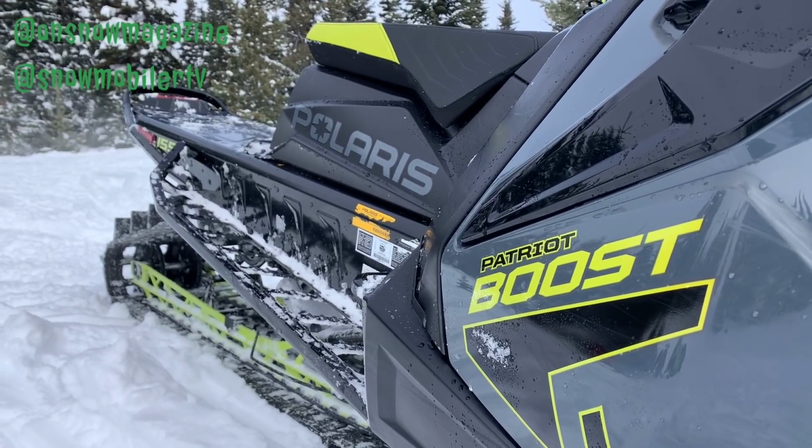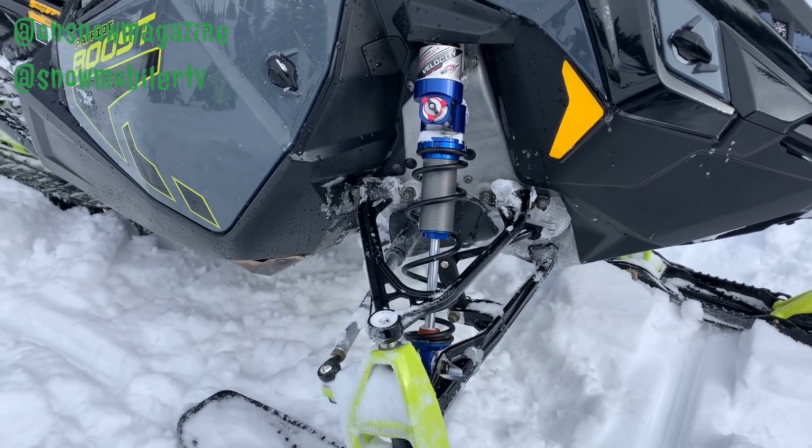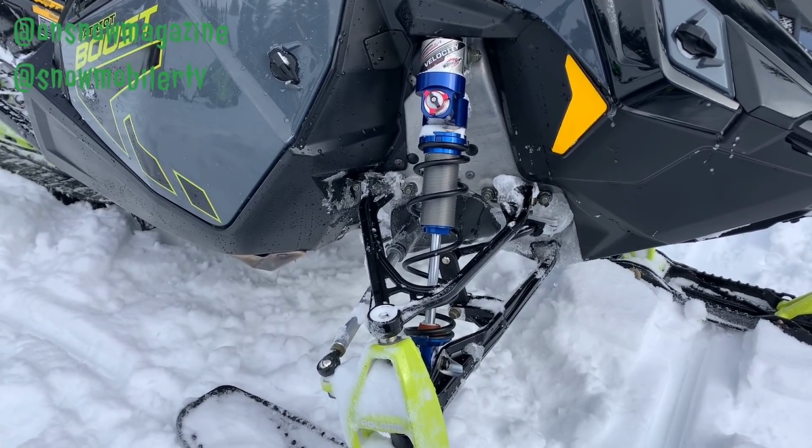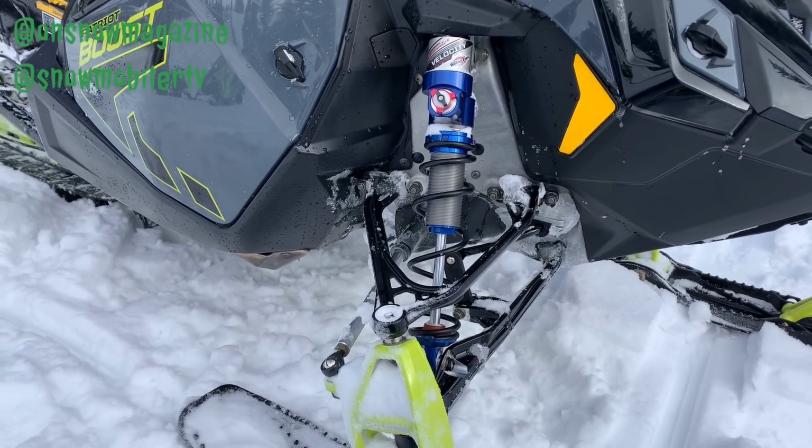home on this snowmobile. The slash in the name stands for a short tapered tunnel. So gone are the days of you having to take a hacksaw to your tunnel like you see in Barant's videos. This thing's going to come right from the factory with a short tunnel so you can wheelie out of